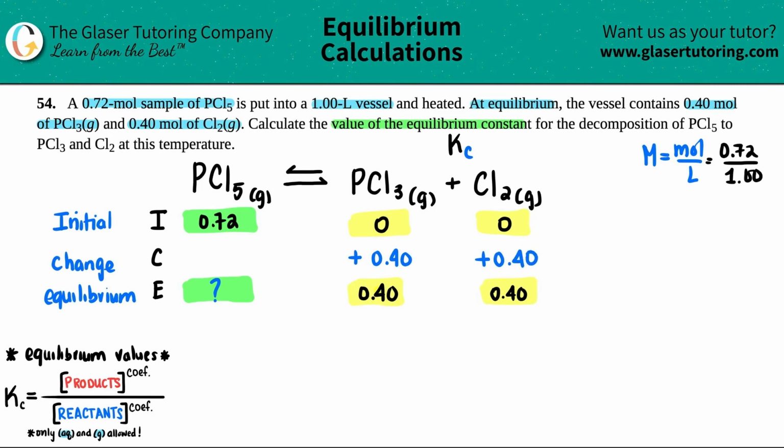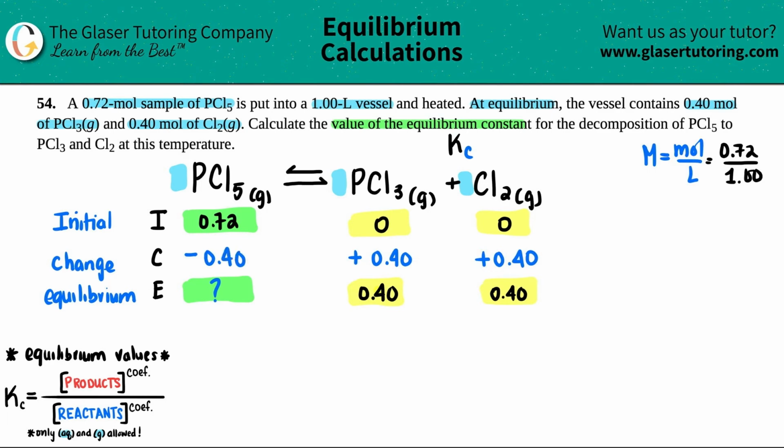Now, here's the thing with equilibrium, guys. If you add by a ratio value, you're going to subtract on the other side. Since the products were being added, you would have to subtract on the reactant side. But now, what's the number here? Well, this goes by the coefficients, right? There's a 1 here, a 1 here, and a 1 here because I don't see any numbers. Remember, if you don't see a number, that just means that there's one of them. And since the change is the same for each one, what do you think this change would be since this number is a 1? It would be the same number. So I'm going to minus by